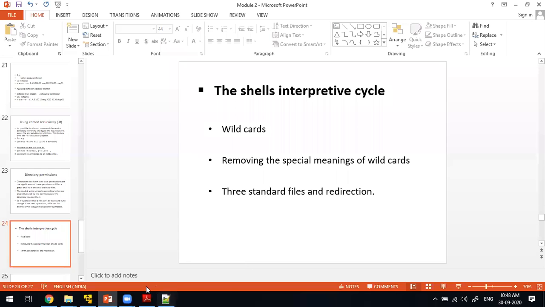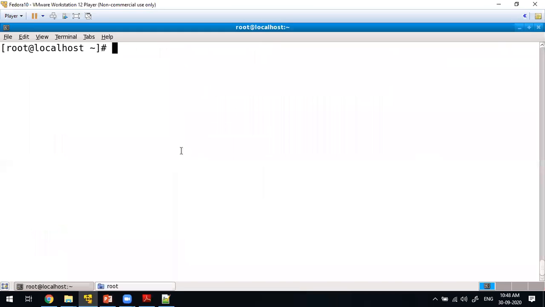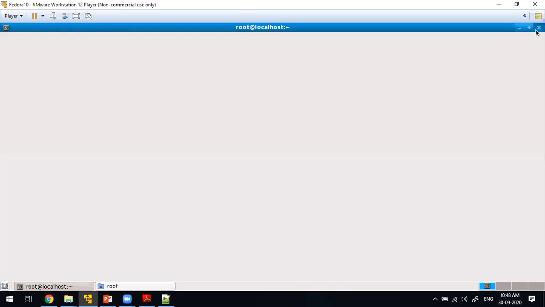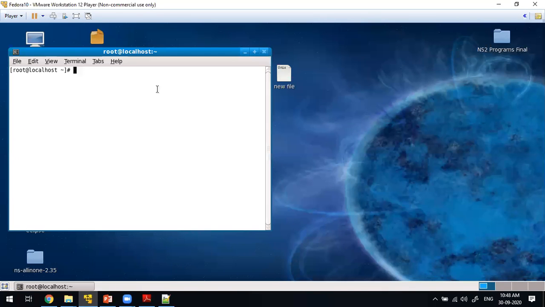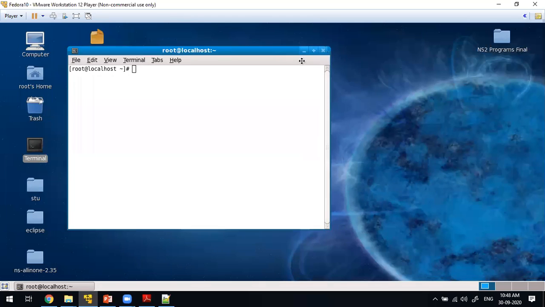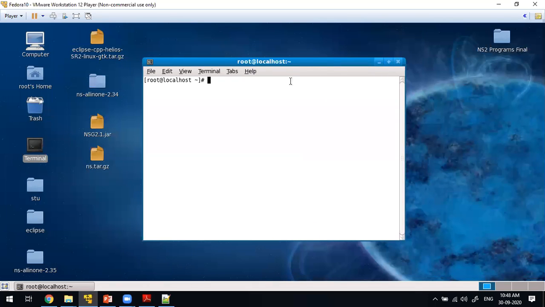See, what is called a shell is this one. So this terminal, this is one shell. This terminal is a program which is running in the background. It is waiting for the user to enter the command. It can be a user or any other software program.